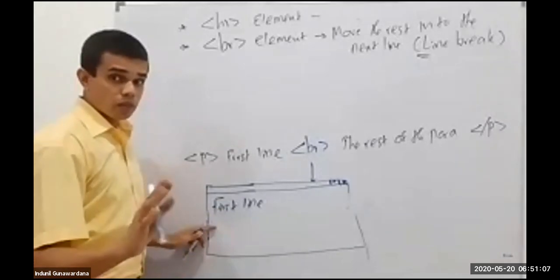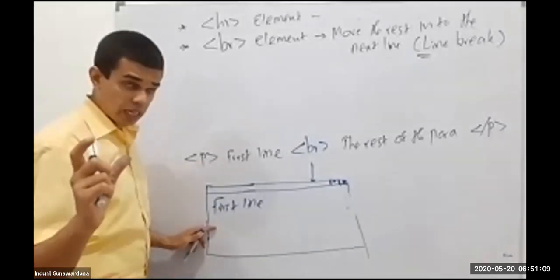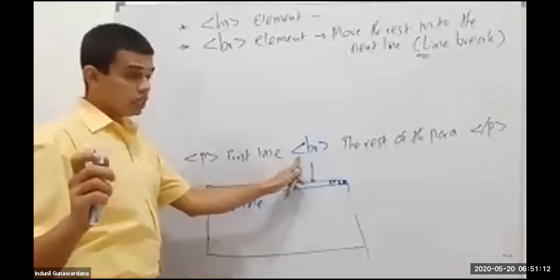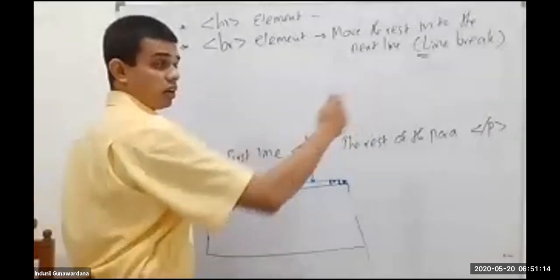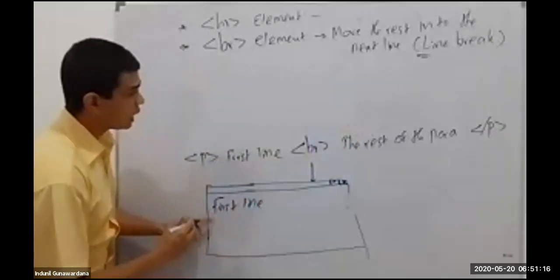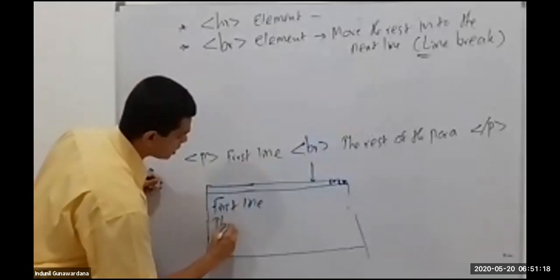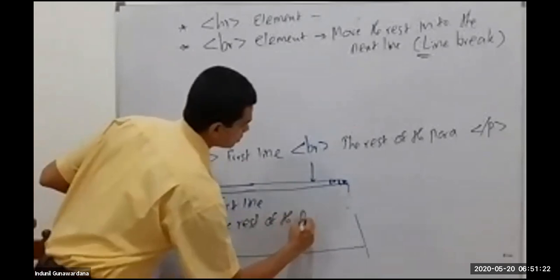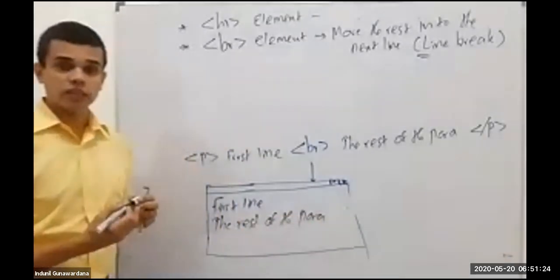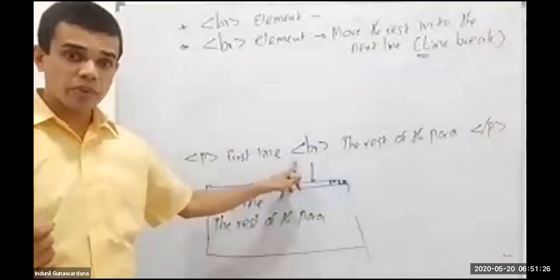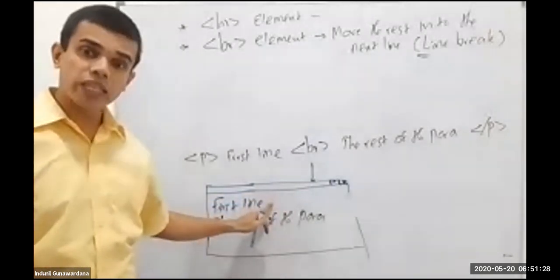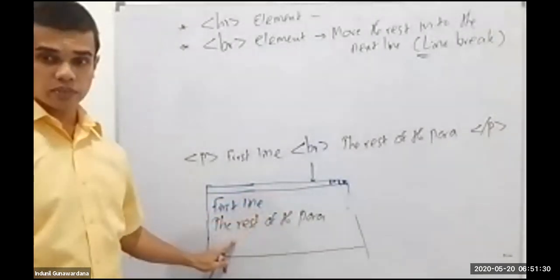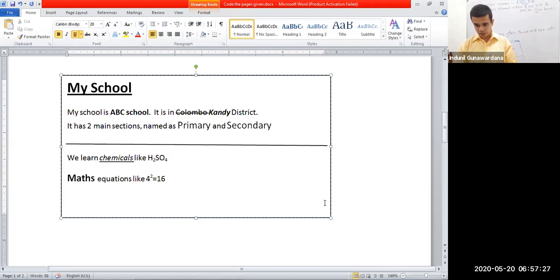This is not P. Blank line will be maintained only in paragraphs. Here this is not starting a paragraph, but within the paragraph. Then no blank line, the rest of the paragraph. Now you are clear, right? So then this will act as a line break. Whenever you want to break the line, you go for the BR tag. Don't worry about centering. We'll learn how to center them later.